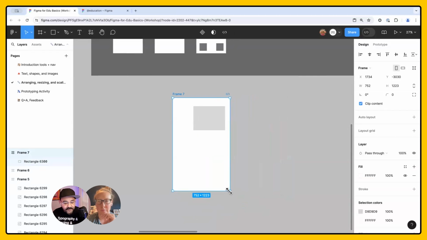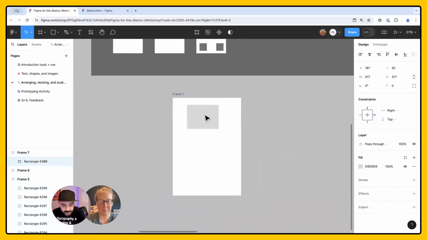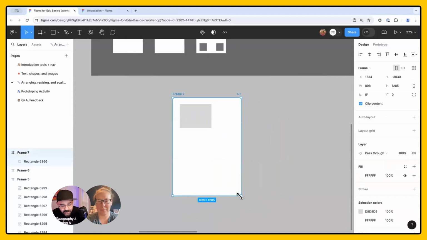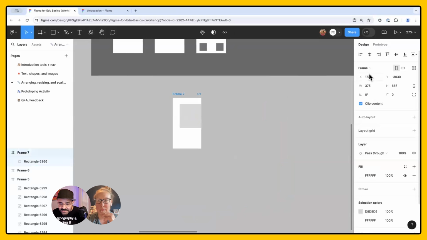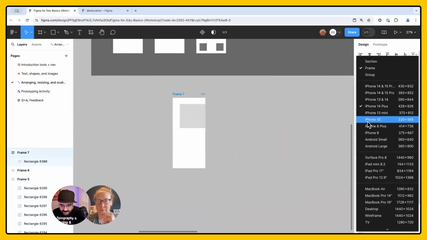So a lot of times when folks are designing, they're actually thinking about the responsiveness, how an object might move between devices. That being said, if all of your constraints are to the left and to the top, you can resize that frame. You can just keep changing it, and it'll just stay in there.